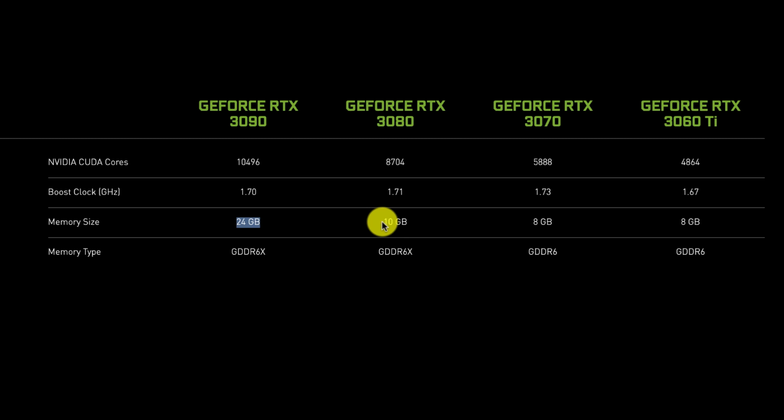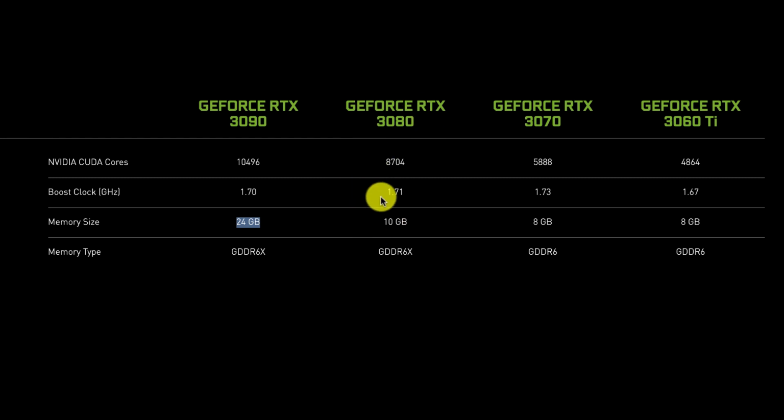So you can tell this 3090 is really the one that NVIDIA created for deep learning. I don't know that this is going to do a whole lot more for a gamer versus the 3080. It's got more cores, so it certainly probably would be a better gaming system, but if I was going to buy a 30 series, I would need the 3090 just on memory to do some of the things that I want to do. The 10 would work generally for me, but for the kinds of things that I would do, I would be running into the ceiling a lot on the 3080.